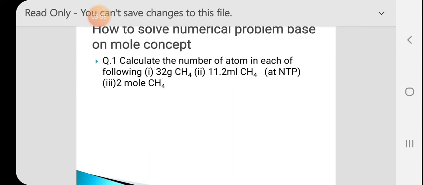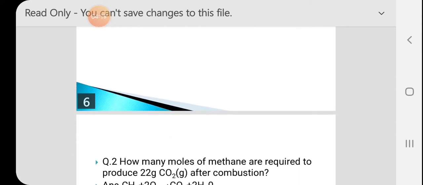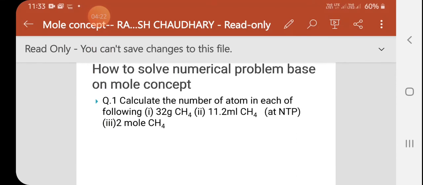Calculate the number of atoms in each of the following. Here in this question you have to calculate the number of atoms in each of the following. First is given 32 grams of methane. Second is given 11.2 ml of methane. And third is given 2 mole of methane. This is the question for you. Try to solve this